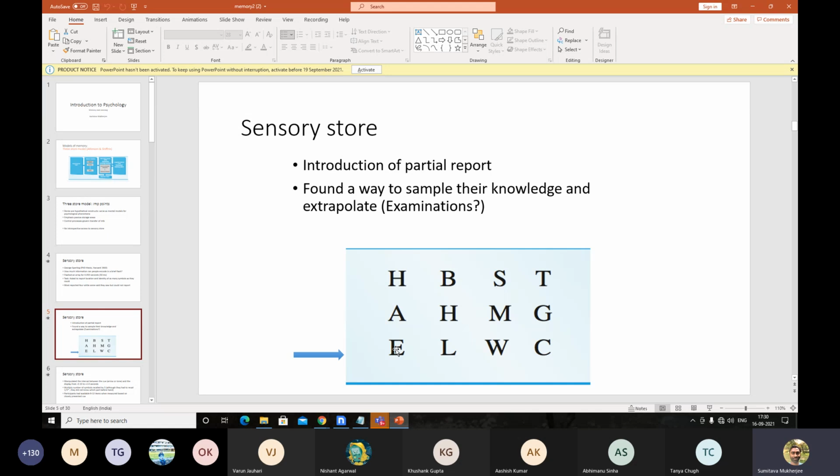So technically, you could remember 1 row or 1 column, but even though you have this hunch, people were not able to do that. So the reports that they were giving were spread across. Sometimes they would be from a row or a column, sometimes they would be spread across multiple things. Especially if you focus your attention in the middle of the screen, which is between H and M, let's say here where I'm showing my cross,